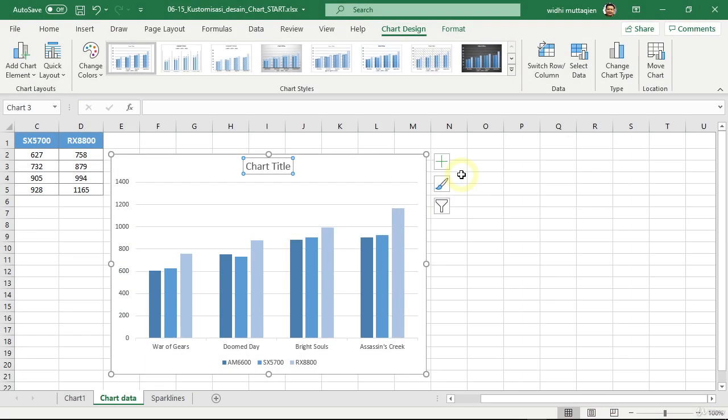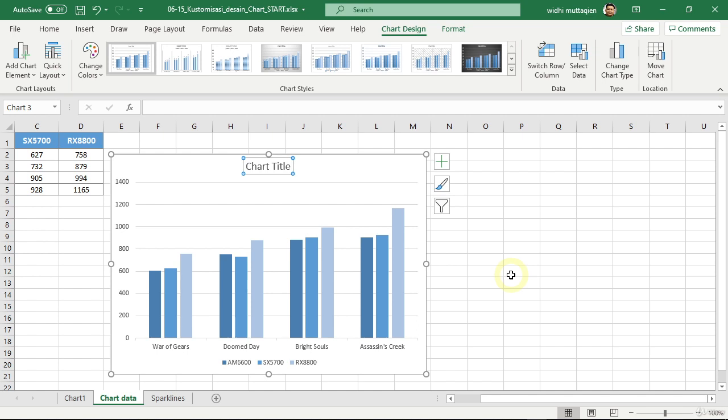But if you still want to make further adjustments to each element in the chart, then you can use the Format menu above or the Formatting side panel that will appear on the right side. In general, all the techniques are basically similar to how we tweak the design of ordinary shape objects. So we don't need to go over all of them again in this lesson.